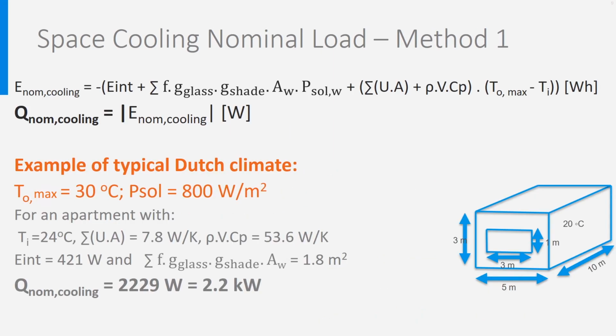We start again with this equation in watt-hour. What we want for sizing are watts, the energy flow rates. So we only need to divide by 1 hour to get the formula for the nominal power. You will notice here something new, which is that we are now using the absolute value of the cooling heat flow. According to the conventions, it should be negative, meaning that it is a heat flow being removed from the building. But from now on, we will express it as a positive value.